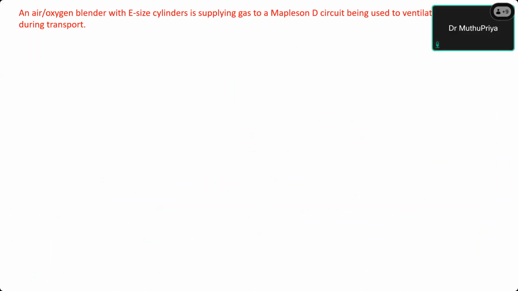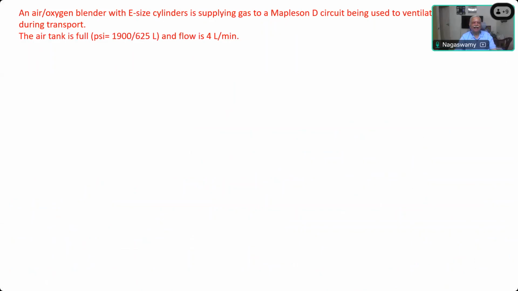What is the common name for Mapleson D? Bain circuit. Okay, the air tank is full with a pressure of 1900 pounds per square inch,